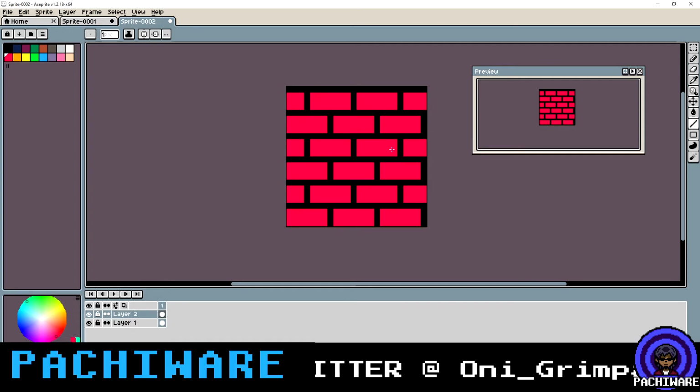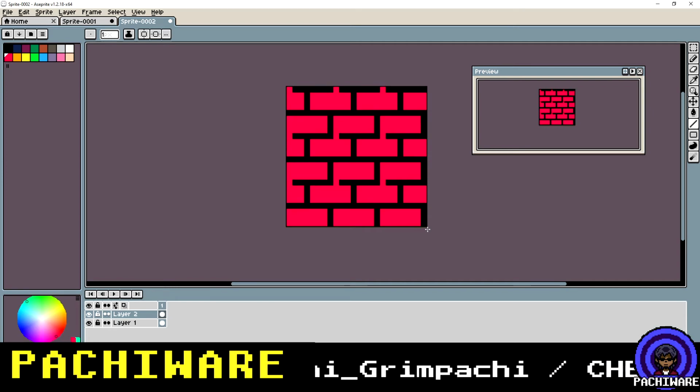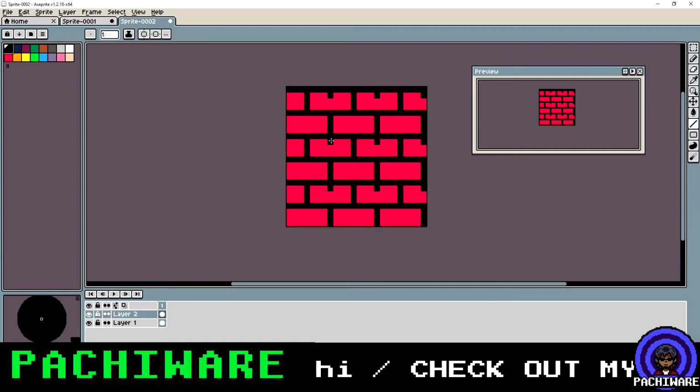Because you don't have to. We can make this wall different. It could still be a brick wall, but let's say I want to do something like this. Let's say I wanted to